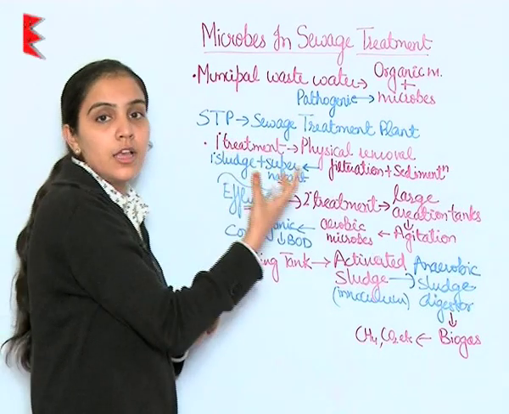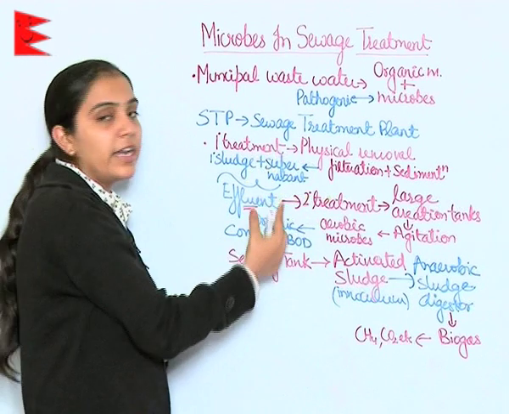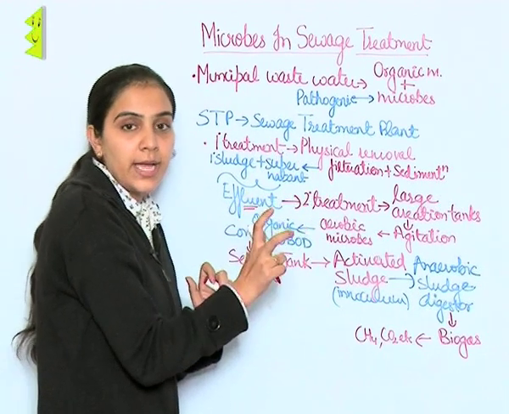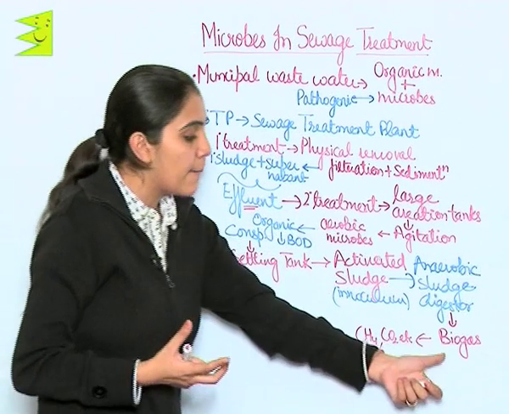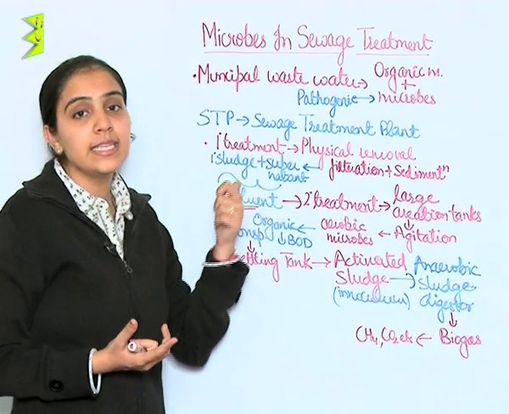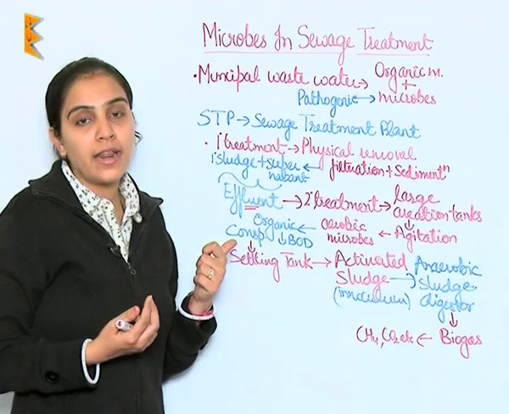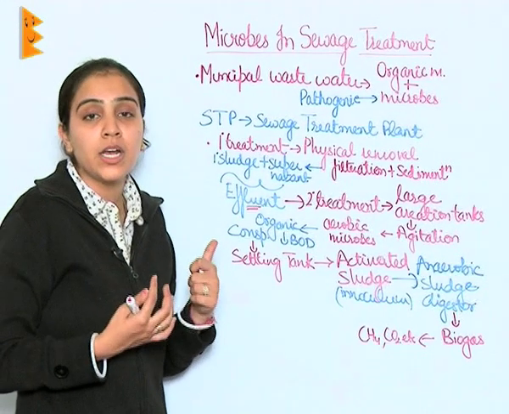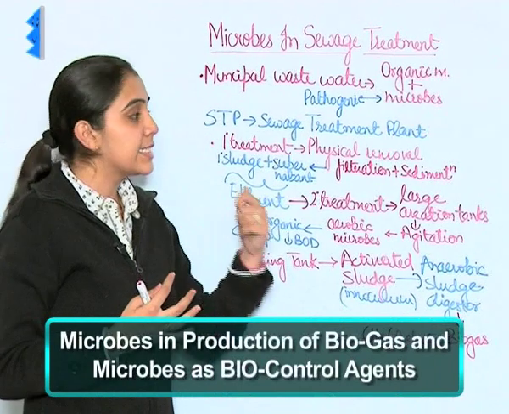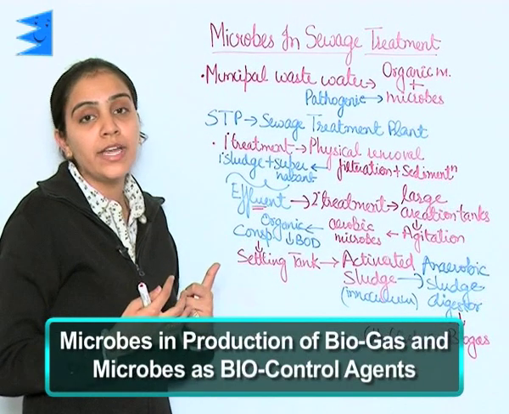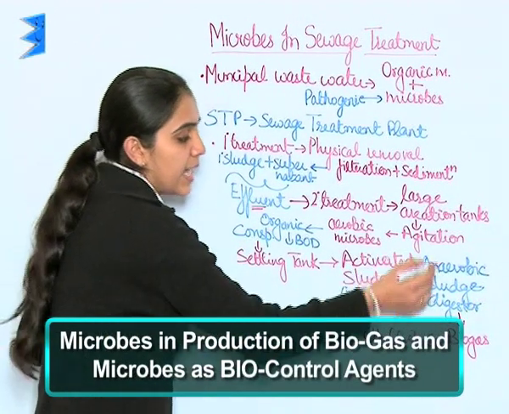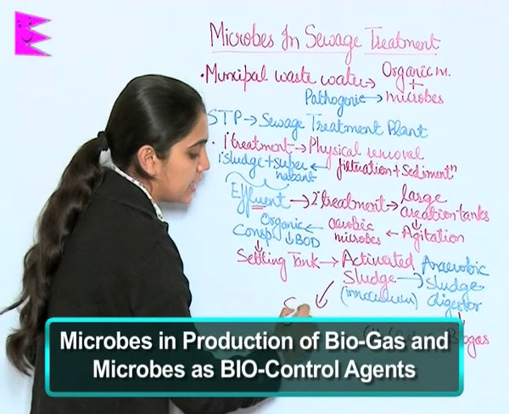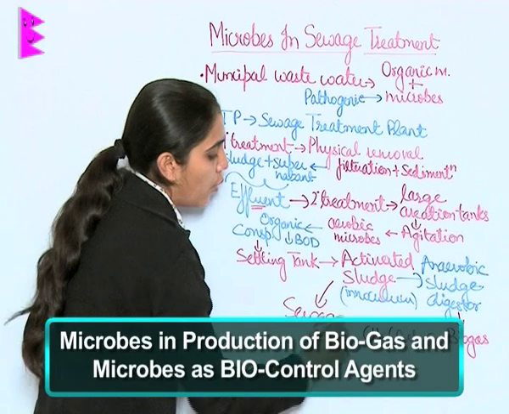So now you can understand this whole treatment plant and the process. Primary treatment, physical removal. Secondary treatment, biological action. After biological action, it is subjected to the digester, which releases biogas. So here you can see how microbes are helping us, or how microbes are working in giving us gallons of safe and purified water. Once this digester has worked upon it, then we can dump this sewage into water bodies.